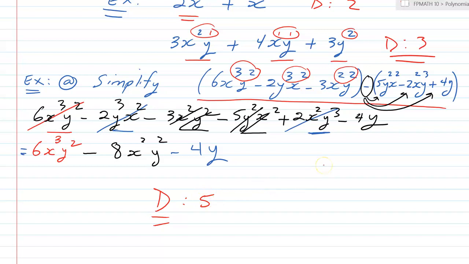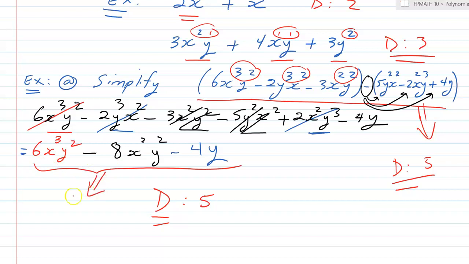The degree of the second polynomial is 5 again. So this one also will have a degree of 5. Now together, that's degree 5 again. Together, notice that the final answer, which is right here, will also have degree 5 because of 3 and 2. Okay,